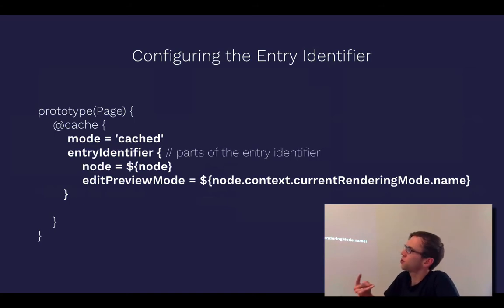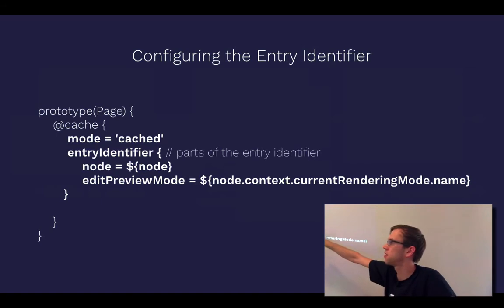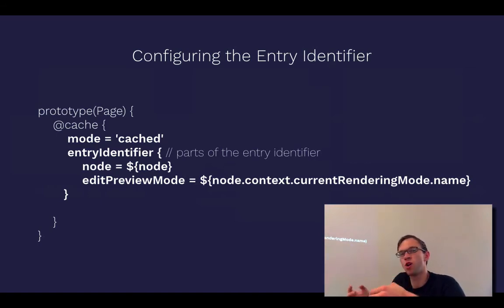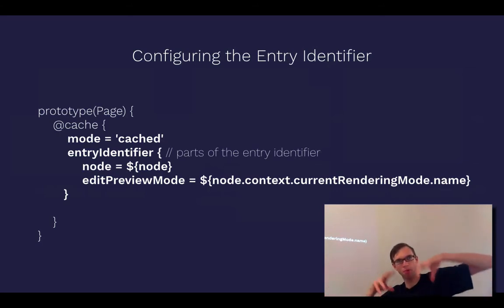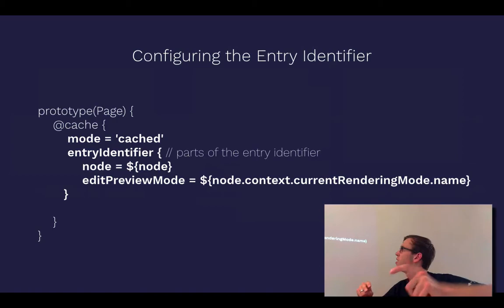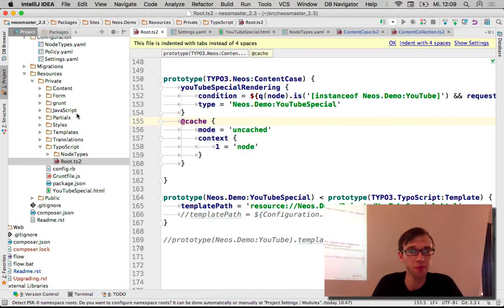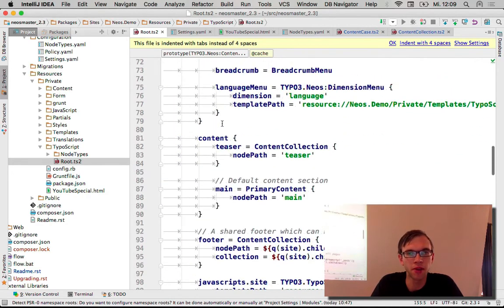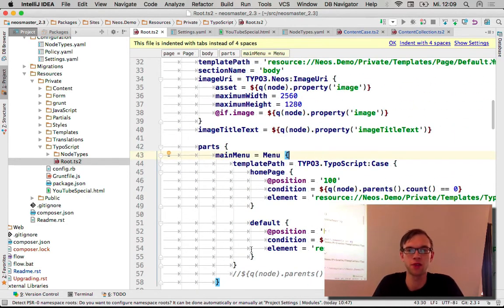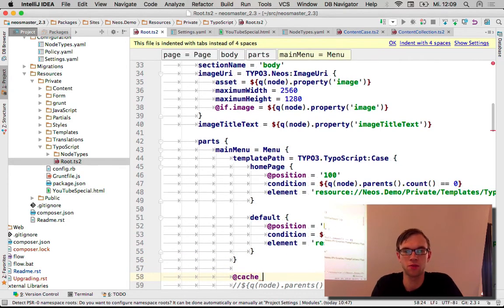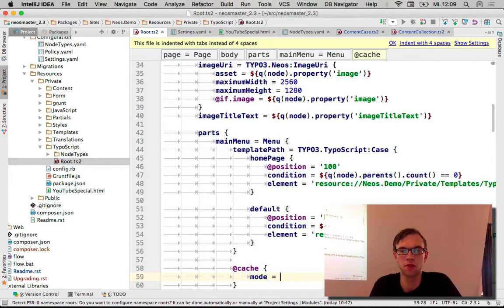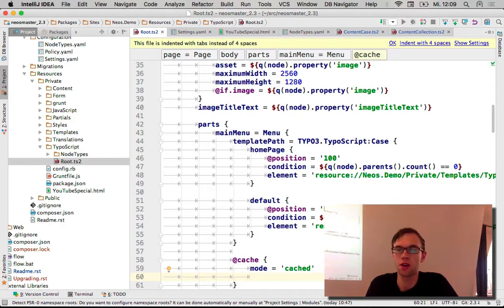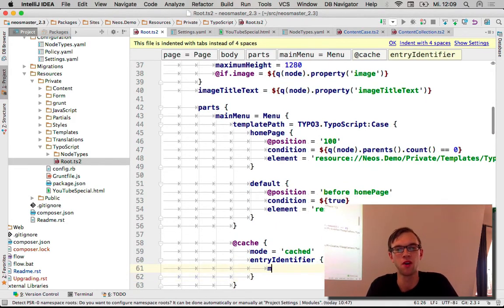We could also, for instance, say entry identifier equals a static string like menu. This means we always have the same entry identifier throughout the whole system. So that's the case when we have a big menu, as I've said in the past, and we want to share the cache of the menu across all pages. We can try that if you like. Inside our menu parts, main menu, I'll just try that. I'll say add cache, mode equals cached. And then I say entry identifier equals, and now I can specify the parts of the